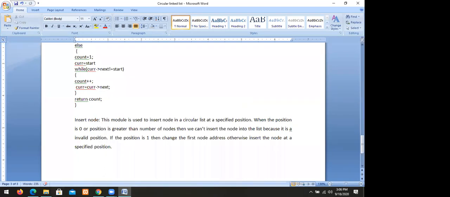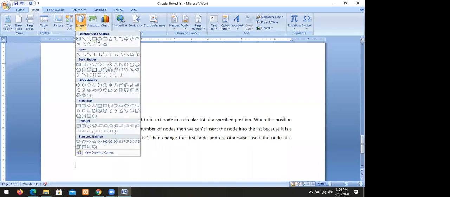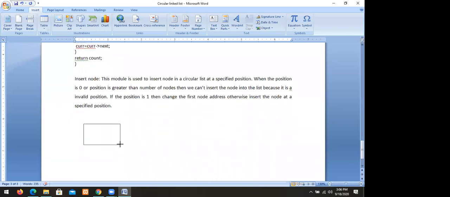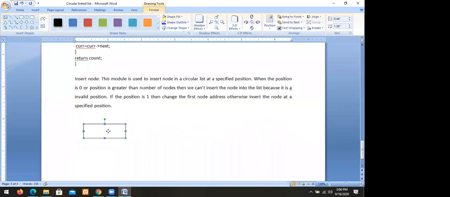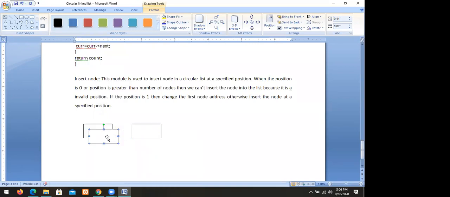Then we go for a diagram of how to insert. Suppose this is one node, this is another node, and this is another.